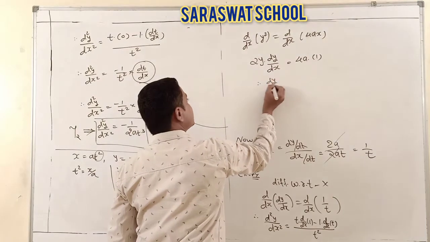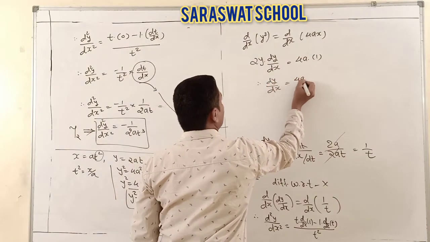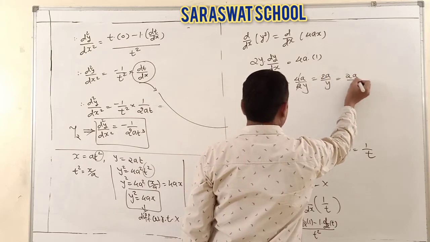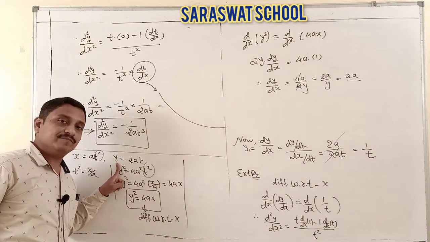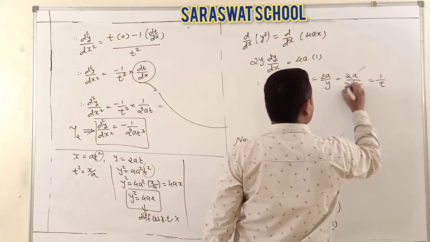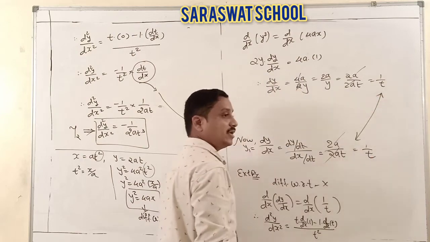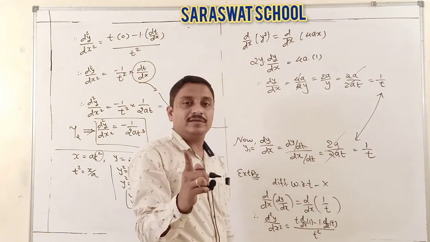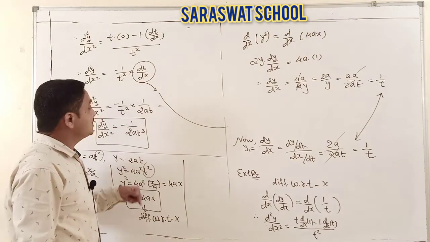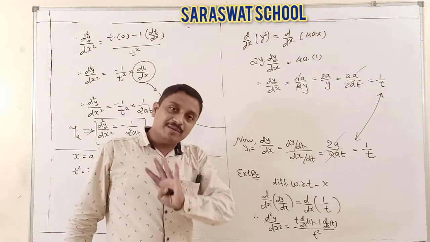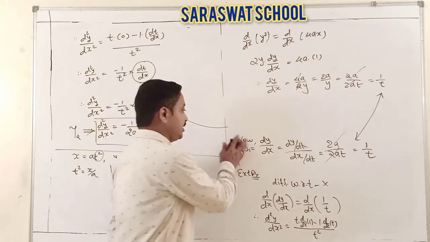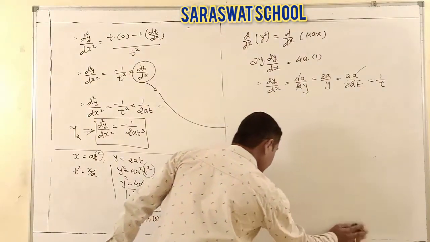So what is dy by dx? 4a by 2y, cancel, it is 2a by y. And what is the y? What is the y? 2at. Check, your answer is the same coming. Yes, indirectly, this is the implicit function. It is the standard form of the parabola and this is the parametric form. Directly the same answer is coming. So this answer is also done and you can easily get your answer in two ways.